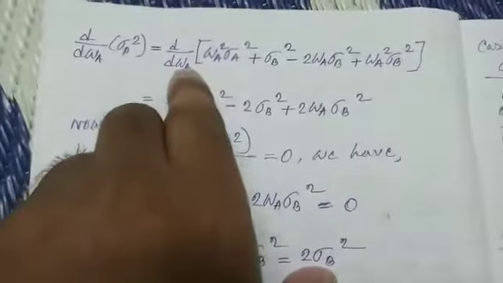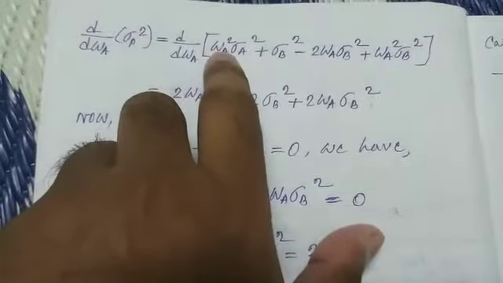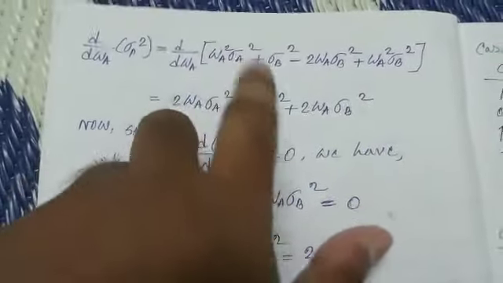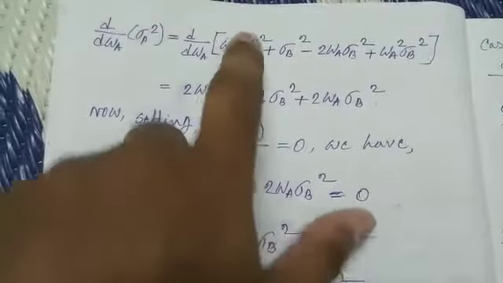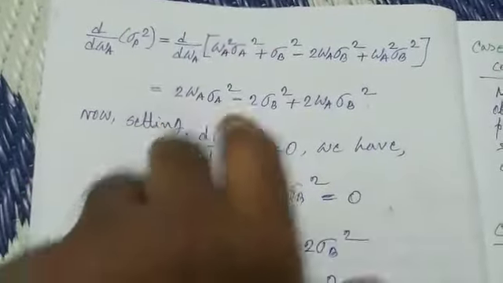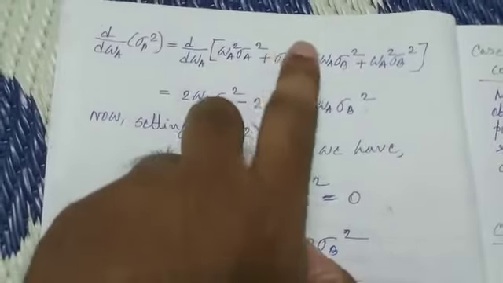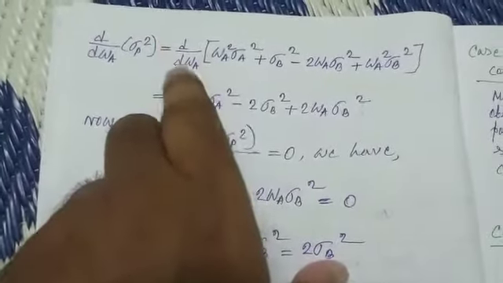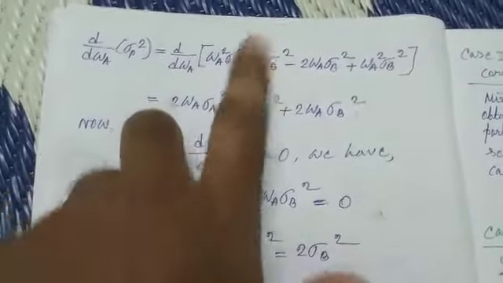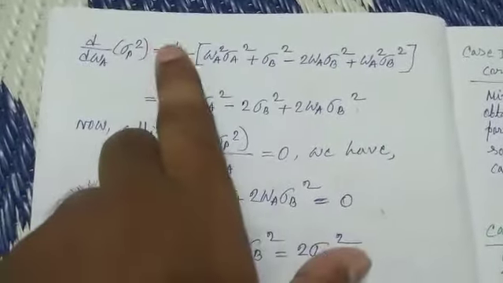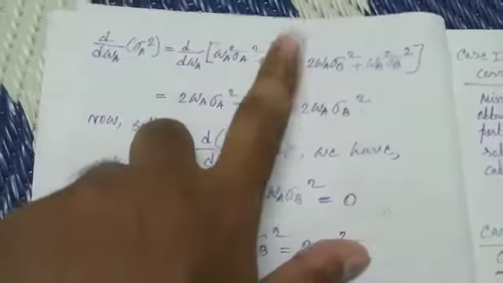Now by differentiating both sides of the variance function with respect to WA, here WA square will become 2WA into sigma A square. Sigma A square is constant, so it will be there. Now sigma B square is constant, so there is no change due to changes in WA. So here for sigma B square the value of changes will be 0.